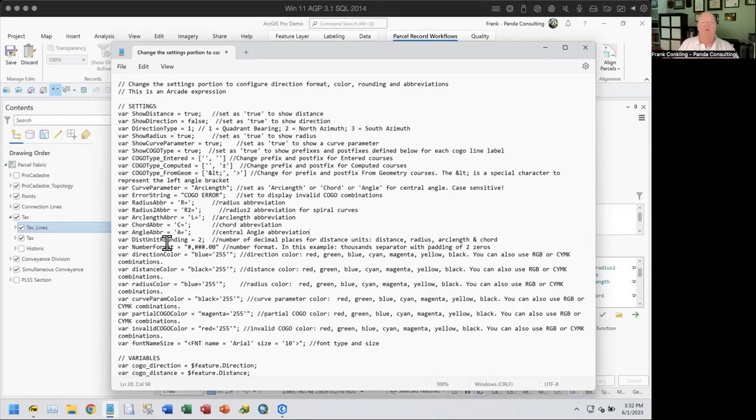All right. So up until this point, we've been saying, okay, what do we want shown? What do we want you to display? Now we're going to get into how do we want it to display? For example, in here, there is the distance